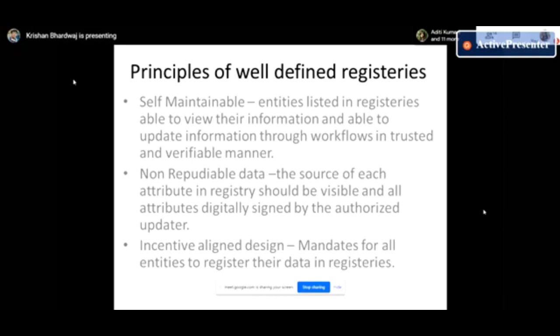If I break down this statement, a lot of things come in. One is all the entities who are accessing the registries should be listed in the registries, number one. So there should be a user authentication and authorization process. No unauthorized entity should be able to access the registry. Second thing is who will be able to view and who will be able to update. Those authorization rights should be clearly defined in the registry. There may be certain entities who can only view the information, and certain other entities who